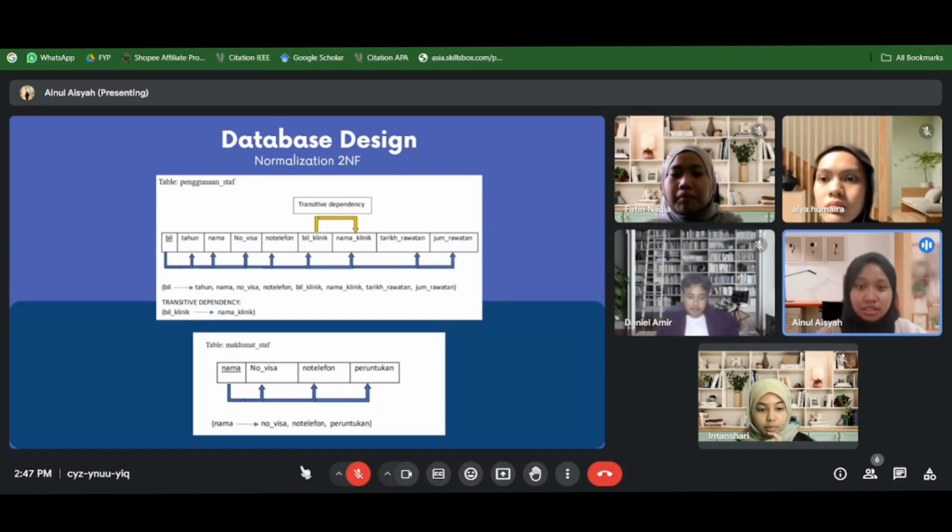The partial dependency is bill determines tahun, nama, nombor visa, nombor telefon, bil klinik, nama klinik, tarikh rawatan, jumlah rawatan. And the transitive dependency is bil klinik determines nama klinik. The second table is maklumat staff, which includes nama, nombor visa, nombor telefon and peruntukan. And the partial dependency is nama determines nombor visa, nombor telefon and peruntukan. Next is